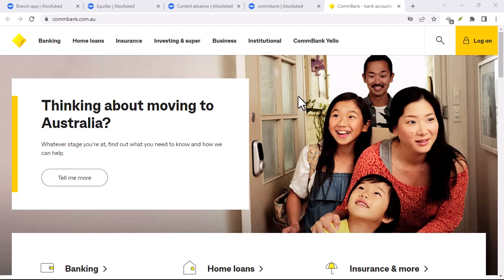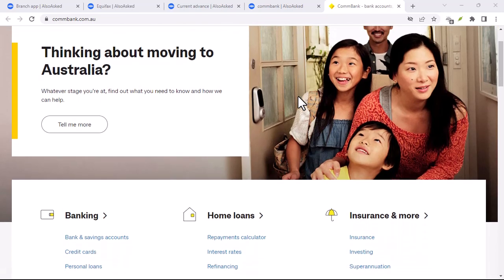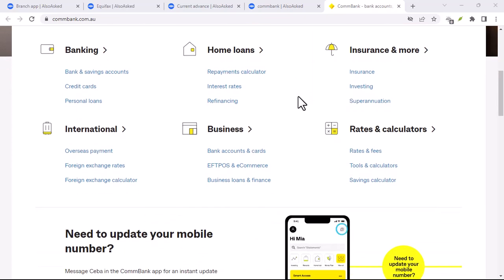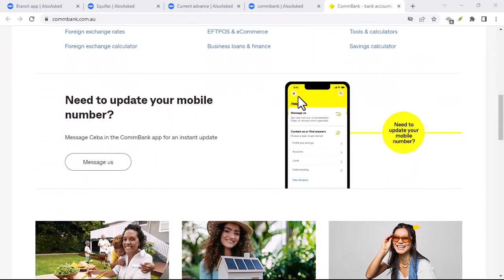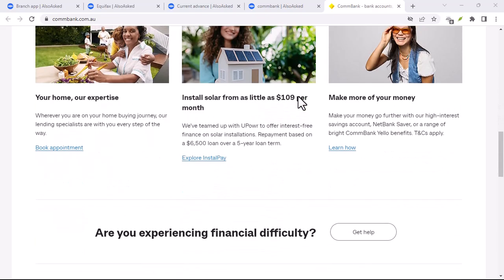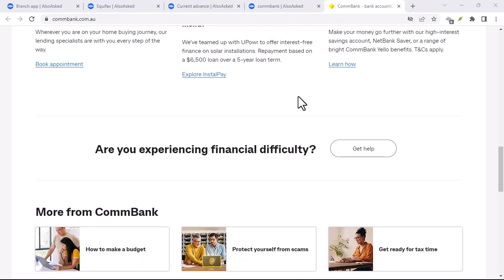Have you ever found yourself in a situation where you needed to reach out to Commonwealth Bank but couldn't find the right email address? It's a common dilemma, and it can be frustrating. In this video, we're going to guide you through the process of contacting Commonwealth Bank by email, ensuring you get